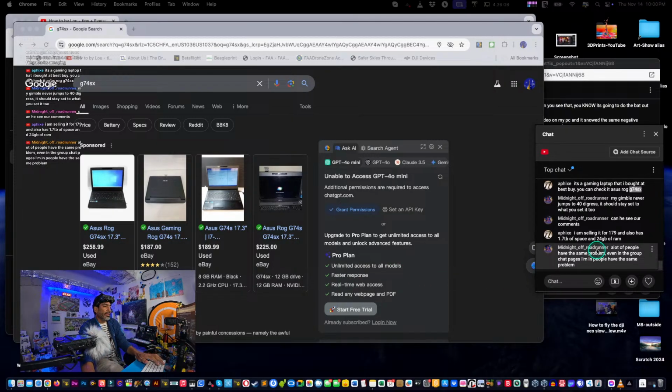Yeah, so you might get something, but $100 goes a long way. I'm not sure about my gimbal number jump. Oh wow, his gimbal number jumps to 40 degrees. Okay, so definitely worthy of a DJI support ticket. All right, that's good to know. We'll see what they have us do. Nothing we can do, but just, can he see our